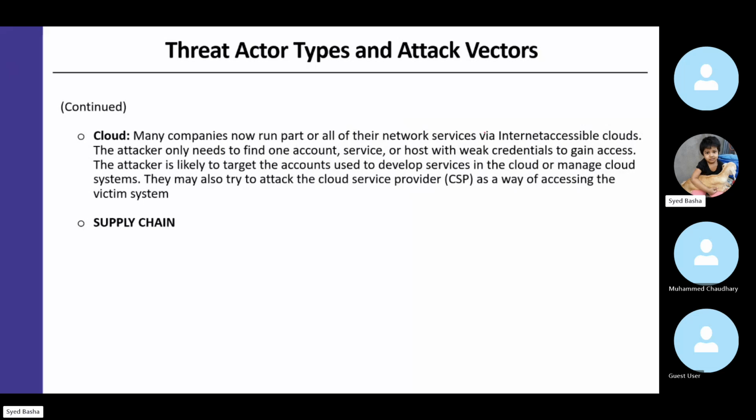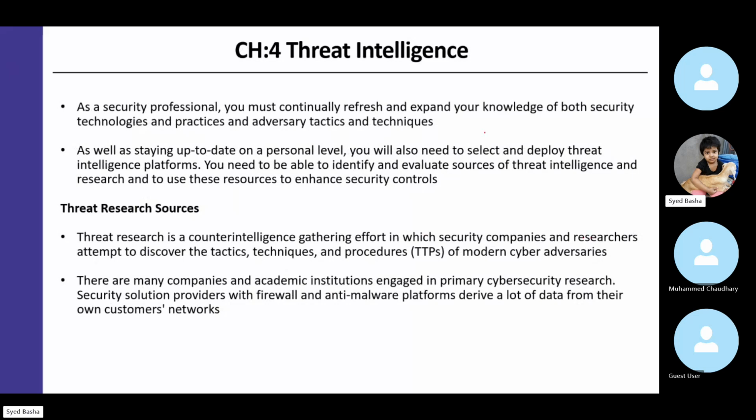And supply chain, which I have earlier mentioned, the third party. You have a company which deals with multiple other companies. These multiple companies are called the supply chain or third party. Let's take the same example, bbc.com. They don't do everything on their own, right? For technical support, they subcontract some company. So the people from that company will be there at bbc.com to fix computers, printers, and networks.